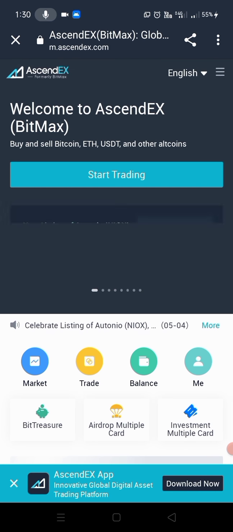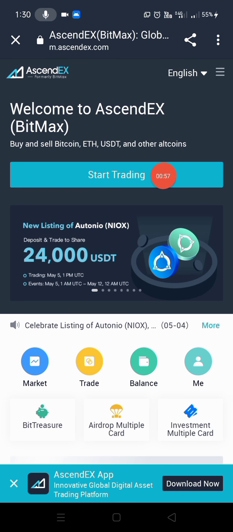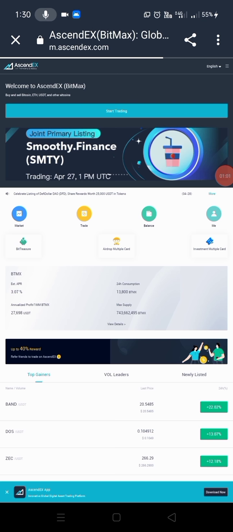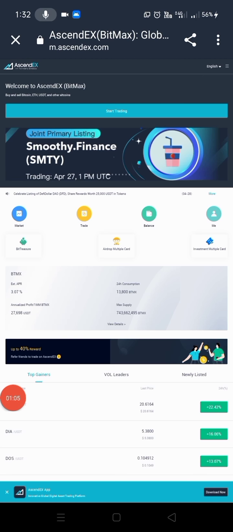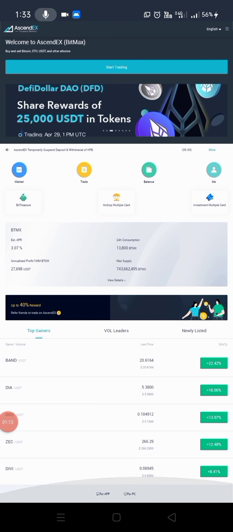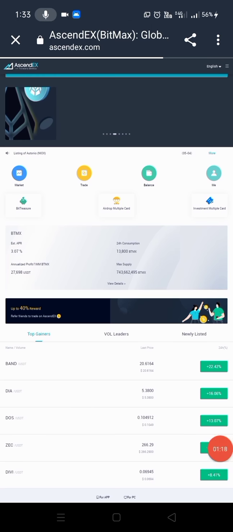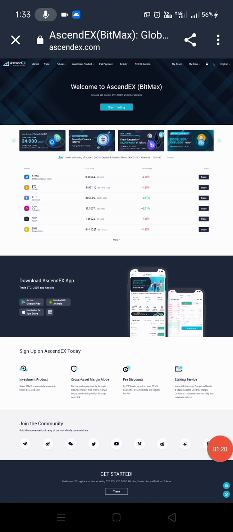You can see the mobile version of the BitMax account. In order to get the UID number, you should convert it into desktop mode, and again go to the bottom of the website page and click the PC mode. Then only you will be able to see the UID number in the website version. Otherwise you should download the Play Store app.